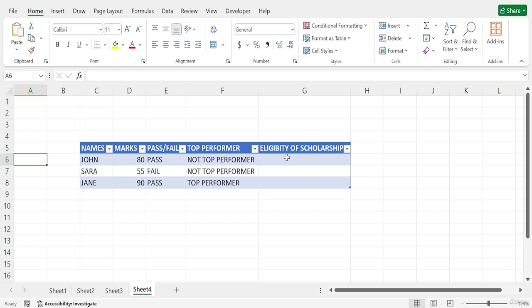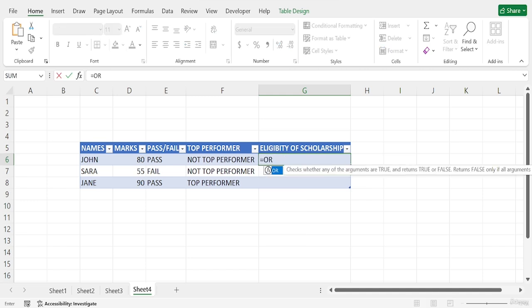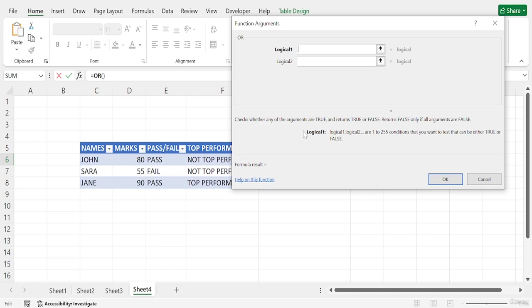Now I'll show you if anyone is eligible for a scholarship or not. In this case, I will select the OR function. So I will call the OR function, and then I will go to the function menu, and it checks whether any argument is true, and it returns true or false. It returns false only if all the arguments are false.